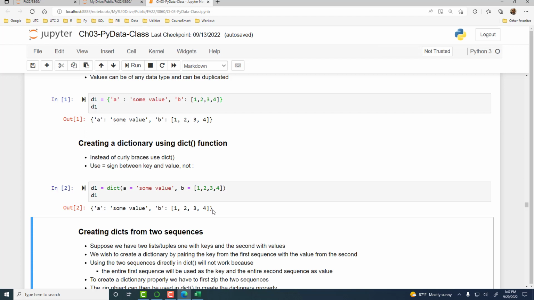Okay, so you get the same thing. The same thing in a different way. We got it using a dict function. Okay so far. Now,